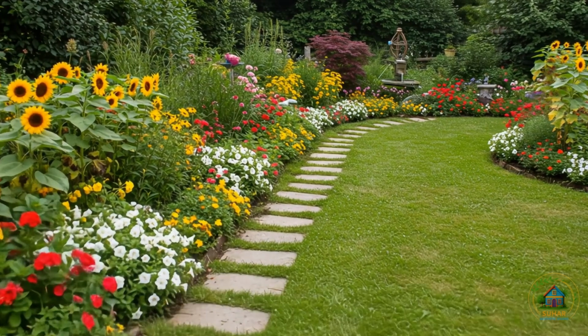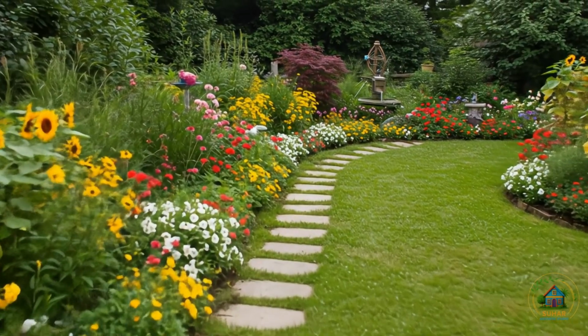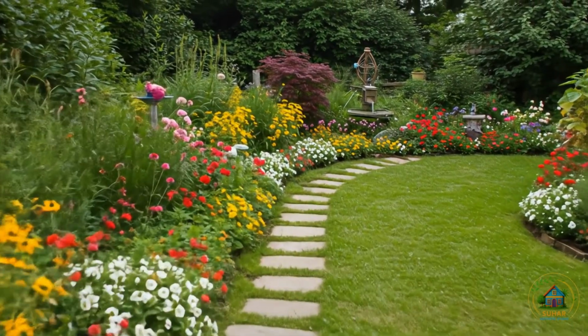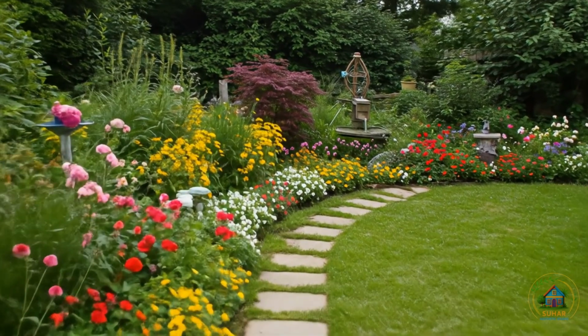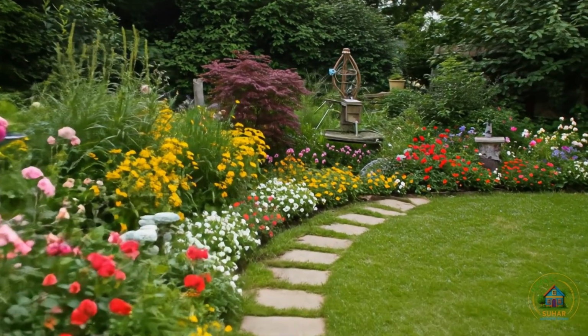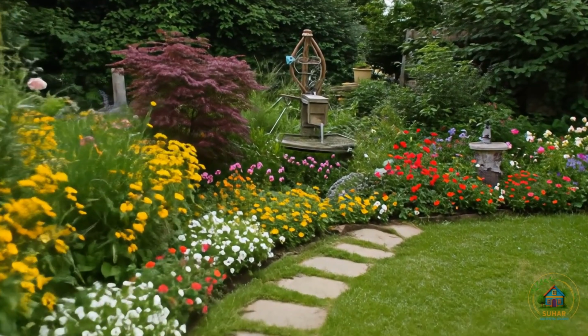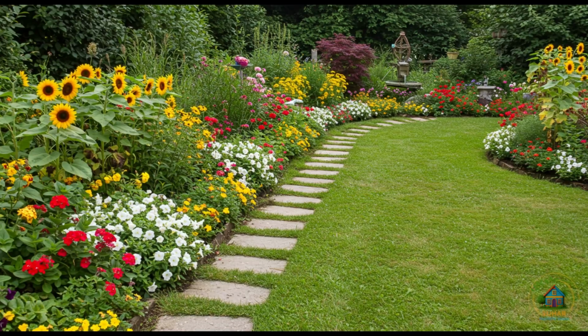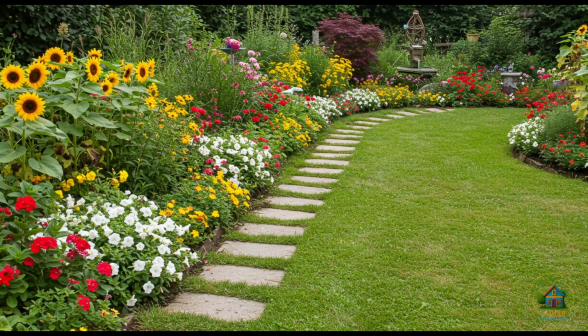28. Blooming border path design. One of the most delightful DIY garden border ideas is a curved grass pathway flanked by colorful flower borders. This design not only enhances the visual appeal, but also invites visitors to leisurely stroll and enjoy the vibrancy of